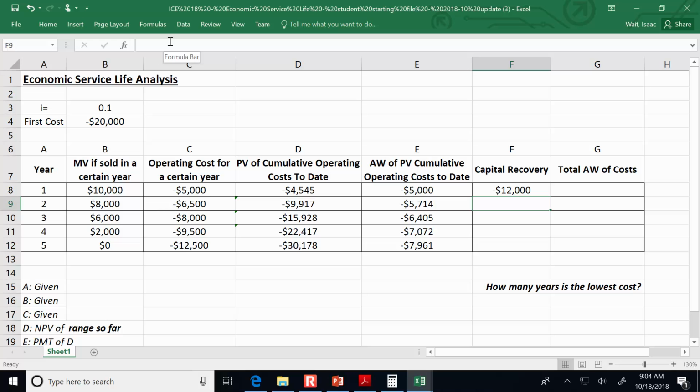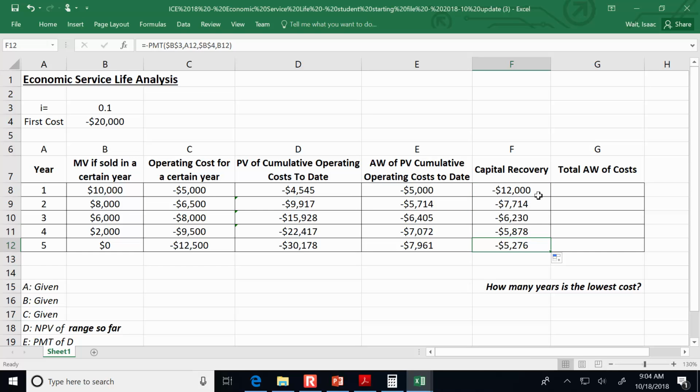$20,000 purchase price, salvage value for 1 year of ownership, $10,000. Then what is the equivalent 1 year cost? What we're going to be doing is finding out how much is the annual equivalent of that. So we're essentially taking the 20,000 forward 1 year and then subtracting the 10,000. So the capital recovery, then we can drag that formula down, and for however many years we're owning it,